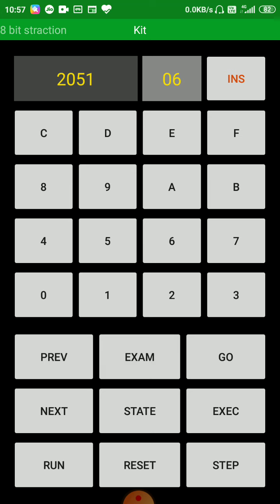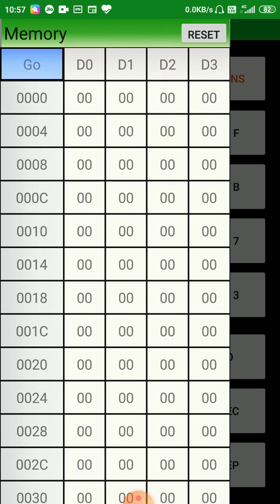First number is 6, next is 2 and 2053, that is 04. So this is our result after subtraction. So we can check this also in our memory location.